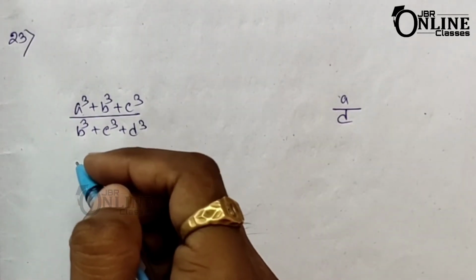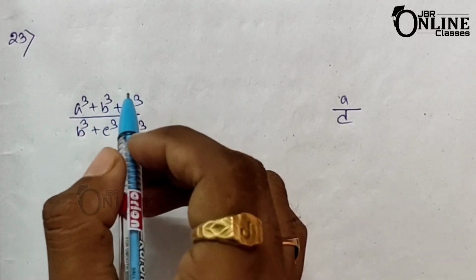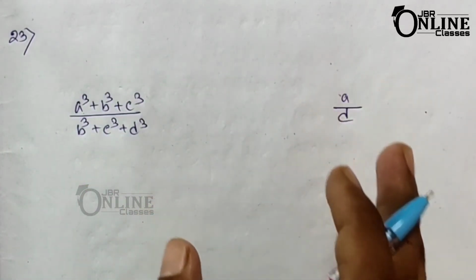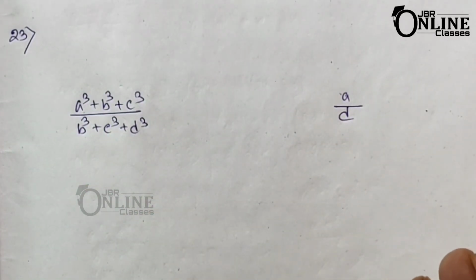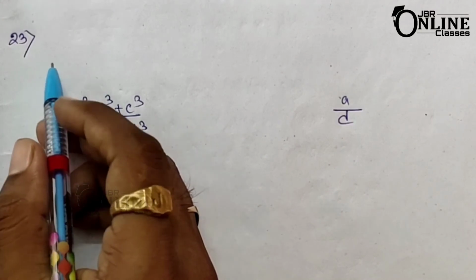Now sum number 22-5 and sum number 22-6 are similar kind of problem. In each problem you have to just put down the value of a, b and c, then take out the common terms and cancel out the remaining terms, and then you will get the answer. Now the same thing will happen for sum number 23.